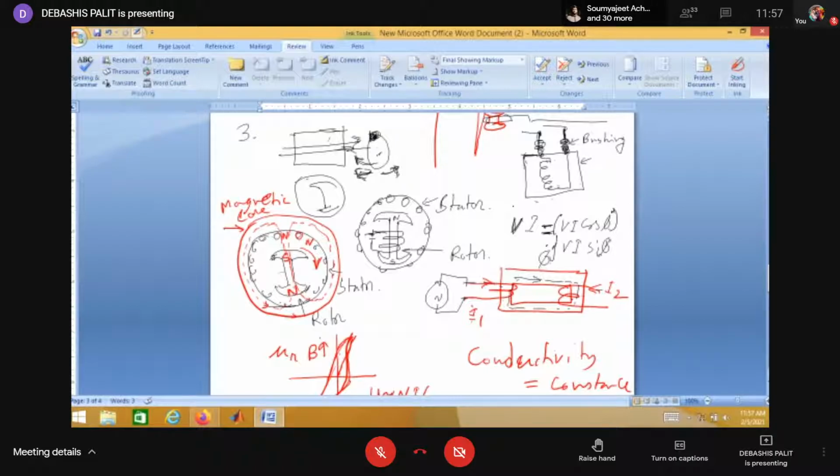Actually, this is a vector. That is equal to VI cos phi plus j, the imaginary term, into VI sin phi. So VI cos phi plus j into VI sin phi, that is your actual apparent VI. So rather you can say that VI is equal to